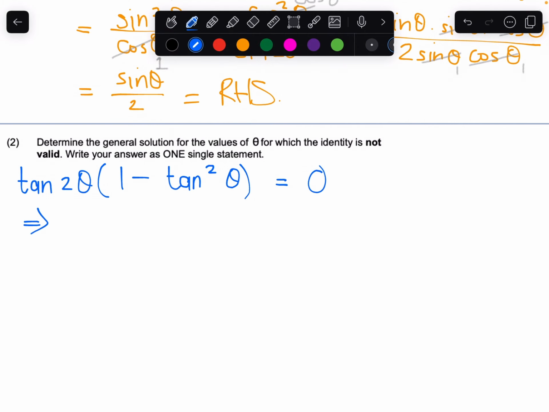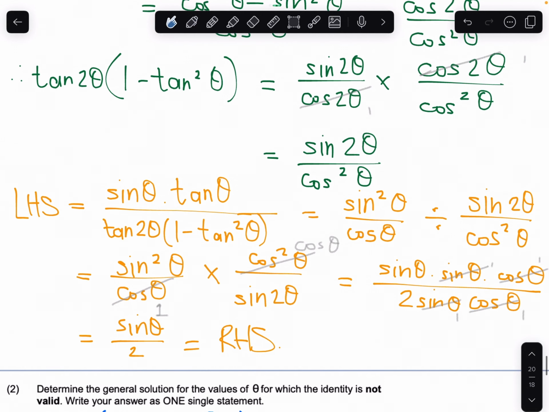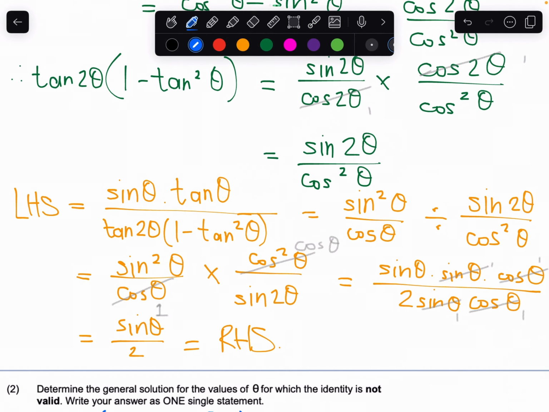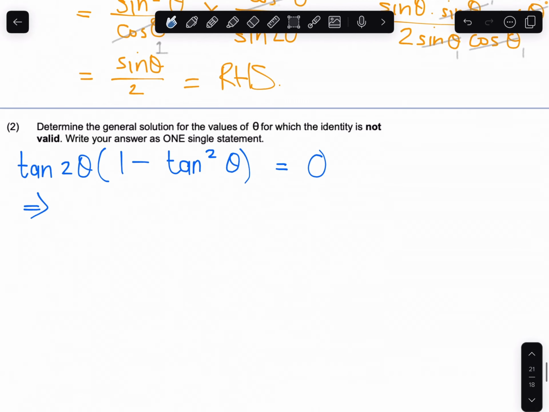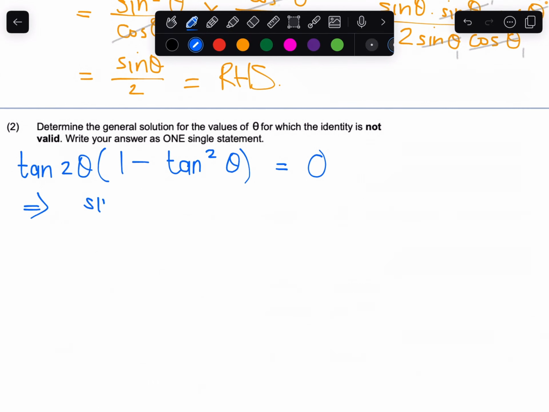So this is the same as us looking at where this is equal to 0. So where is sine 2 theta divided by cos squared theta equal to 0, which is really looking at